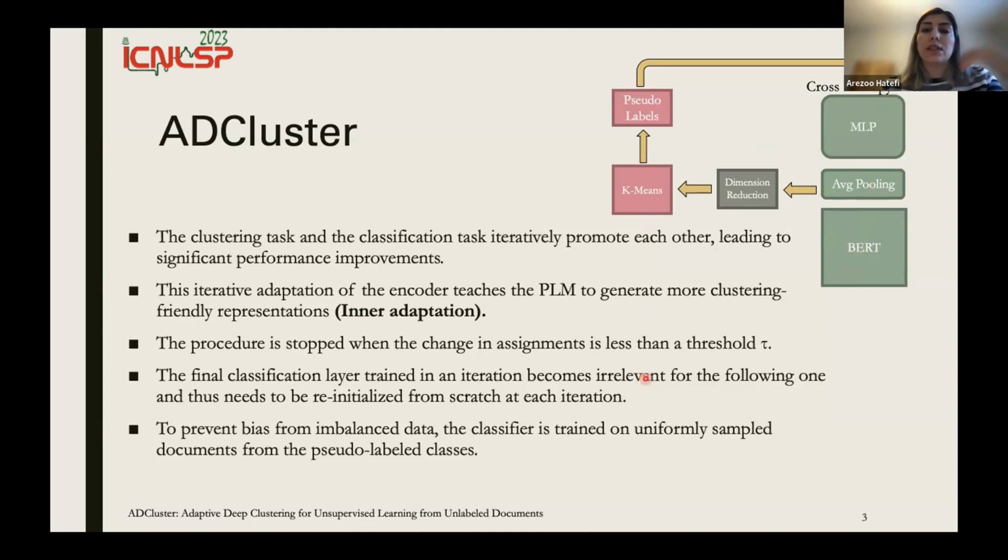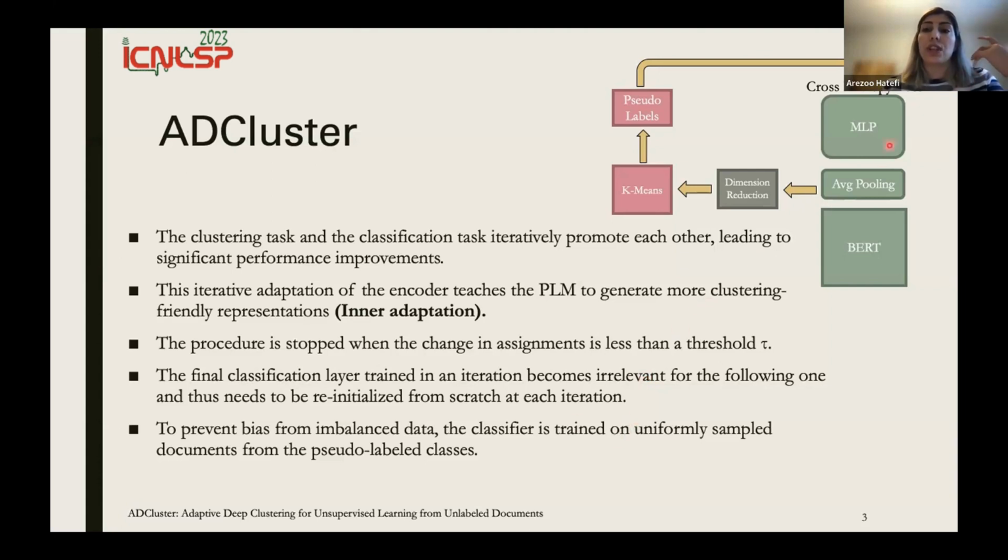We repeat this iterative process until the model converges, and we consider it converged when the change in assignment is less than a threshold. For example, in each iteration, we compare the clustering result with the result of the previous iteration, and if the percentage of the data that has changed its cluster is less than a threshold, then we stop training.